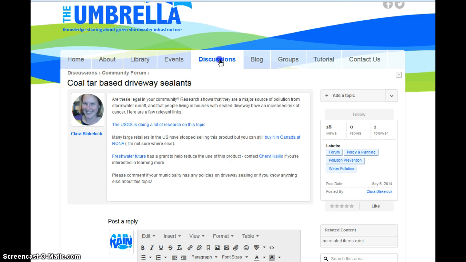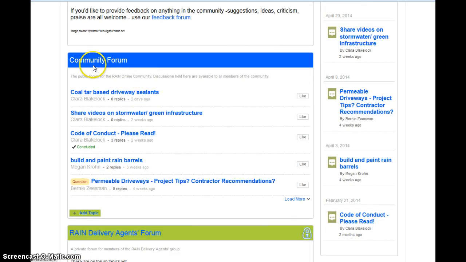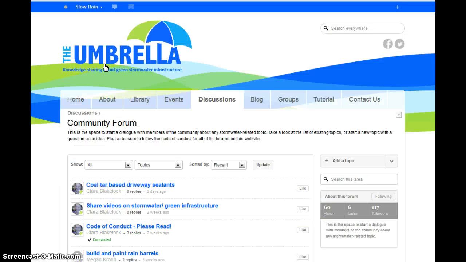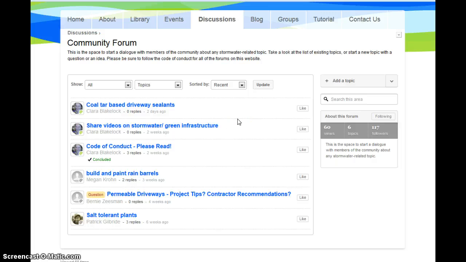Now, going back to discussions once again, and going back, if I wanted, into the community forum. Again, we have a list of all the current topics, but what if I wanted to add a new topic to the forum? On the right-hand side of the screen, it gives me the button to add a topic. Now, it's important to note that when you're adding a topic, you really do want to have the type of information that's going to lead to a conversation. So making sure that you have a sense of what you're going to post before you actually click it is always a good idea. So if I click on Add a Topic,